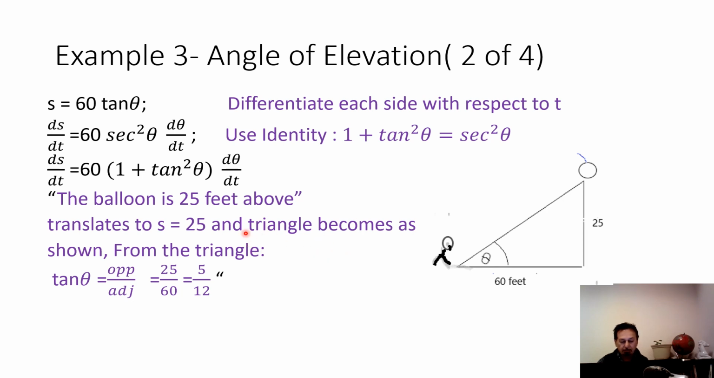Now let's use the idea that the balloon is 25 feet above the ground and the distance of the observer is still 60. So now we can use 25 over 60 is equal to tangent theta. So tangent theta is 25 over 60. So we can substitute this value of tangent theta in this equation and we will get